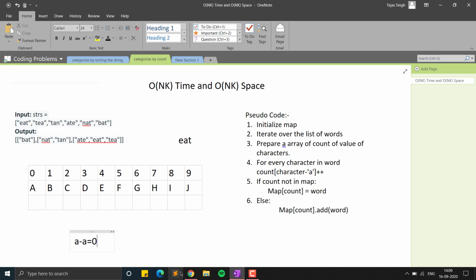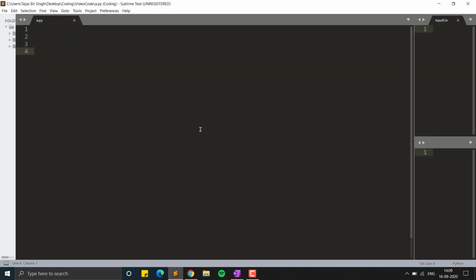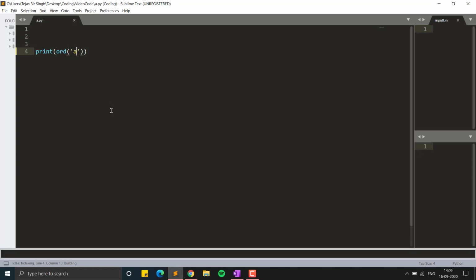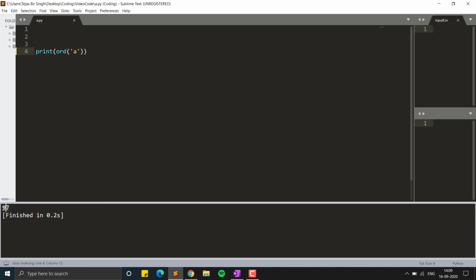Let me show you just a second. I will show you here in Python. You can see if you print in Python, we have to use ord because it is not directly converting this value into ASCII. In C++ you can directly write cout of the character in inverted commas, and it will return you the value. So let's print it. Here you can see the value of small a is 97.